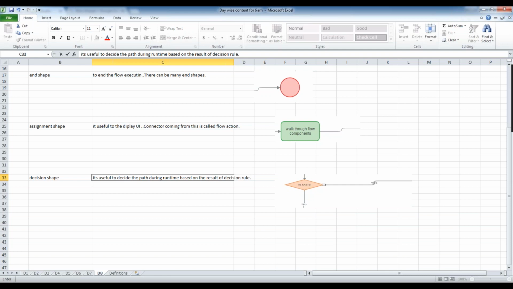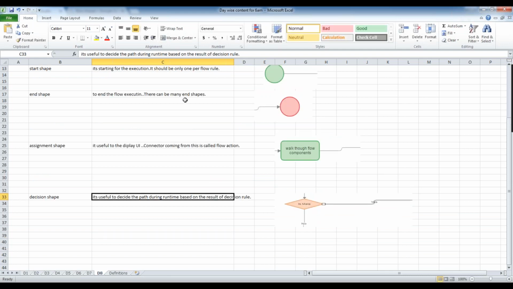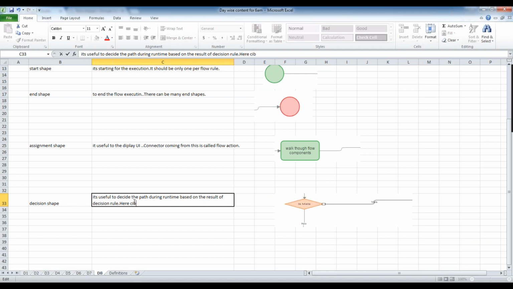You can use any decision rule, and each rule will give some result. Based on the result, you can configure the result. So here the connector is a result.